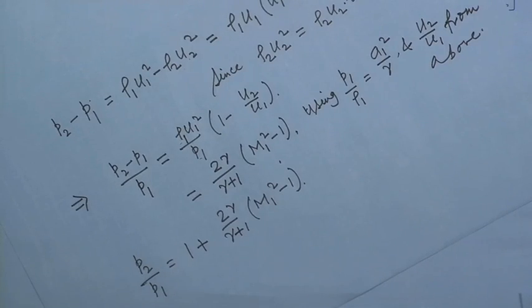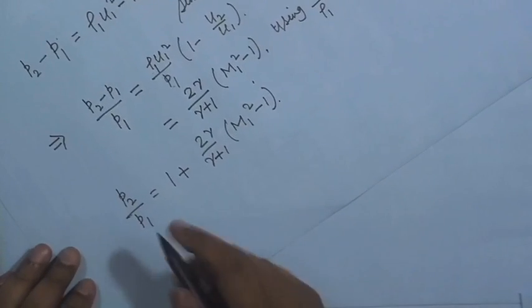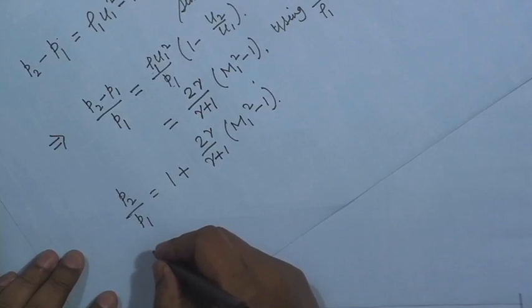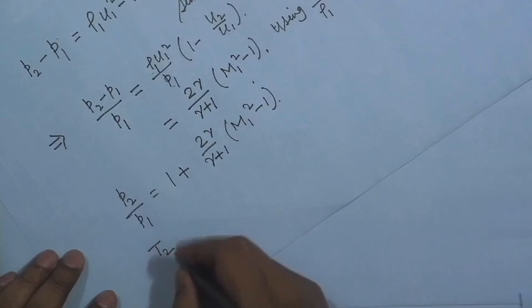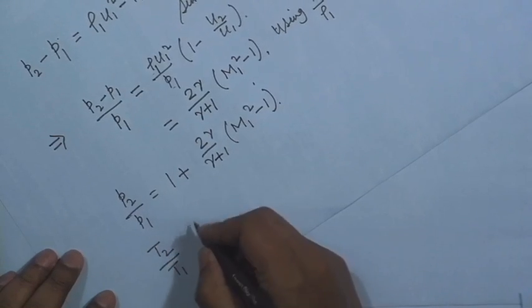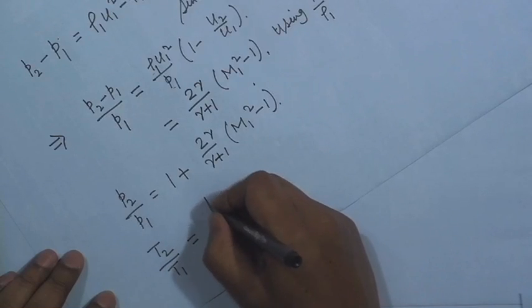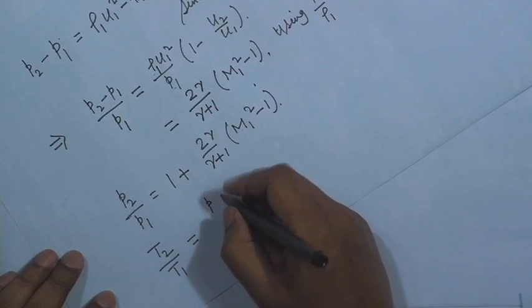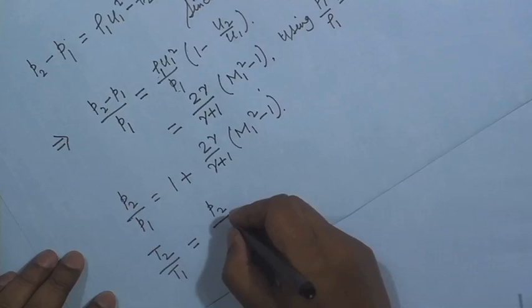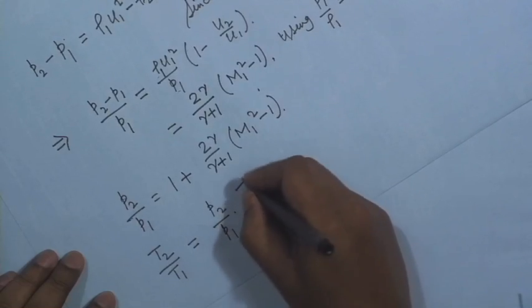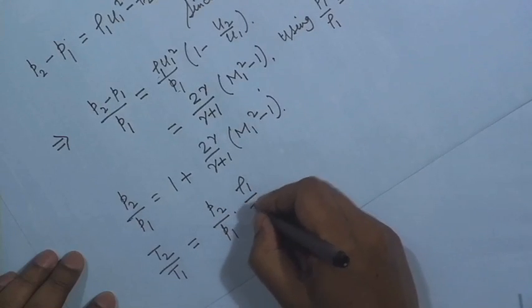The ratio delta P, or P2 minus P1 by P1, is often referred to as the shock strength. The temperature ratio can be obtained using the perfect gas relationship P equal to rho R T, that is, P2 by P1 into rho 1 by rho 2,